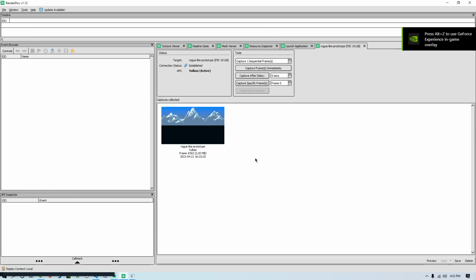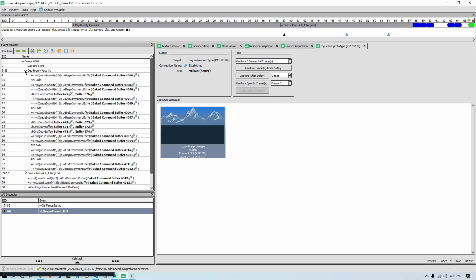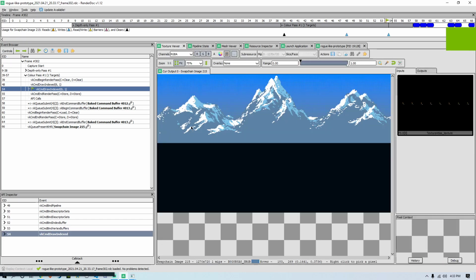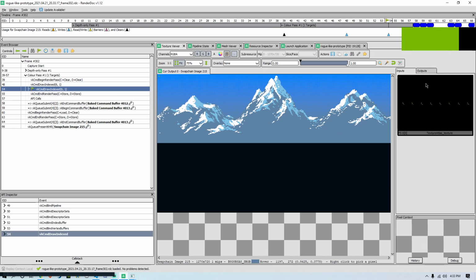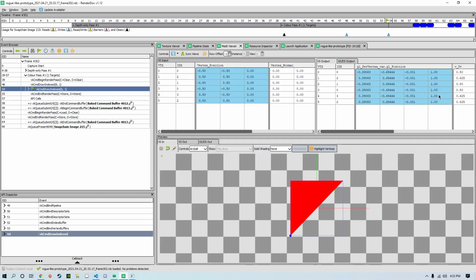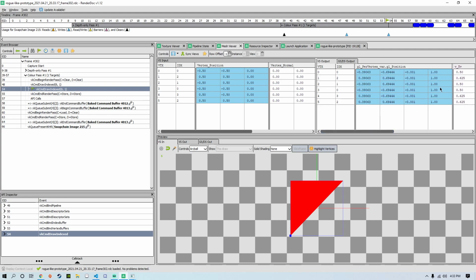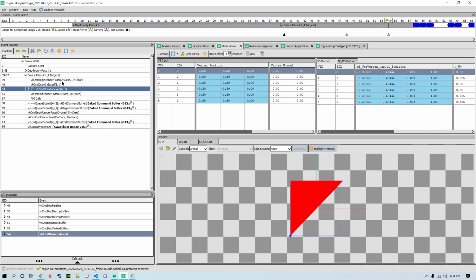capture a screen here and we take a look at it, RenderDoc's really cool for figuring out rendering issues like this. We know it probably is there, but we're not for sure. And so we can take a look here. And in fact, if I look here, I can see that it is indeed rendering. And we can look at the mesh viewer to see what its indices and vertex positions are. And its vertex positions are not what I would expect. The z axis is completely wrong. It's like negative 0.001, which doesn't make any sense